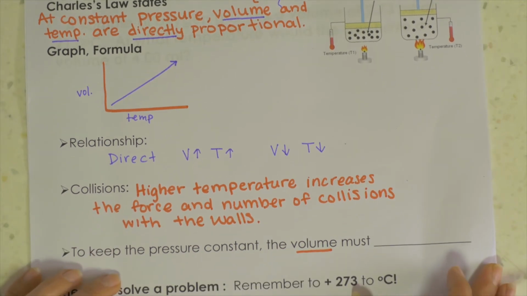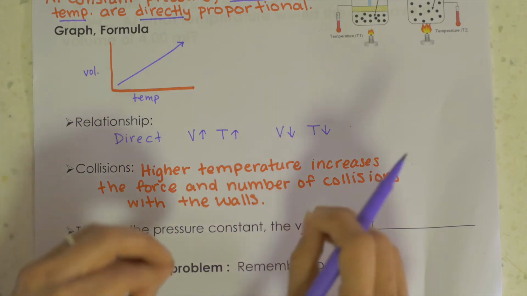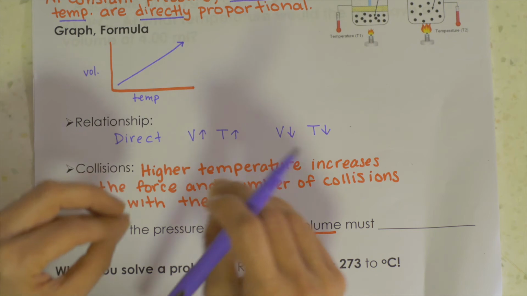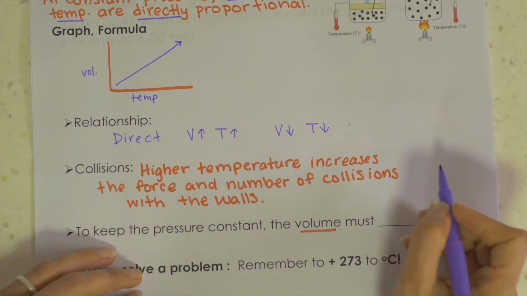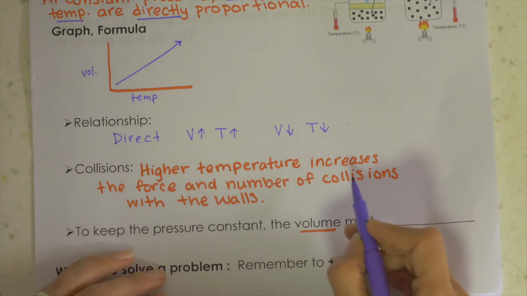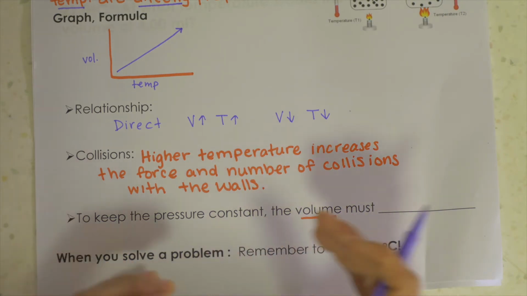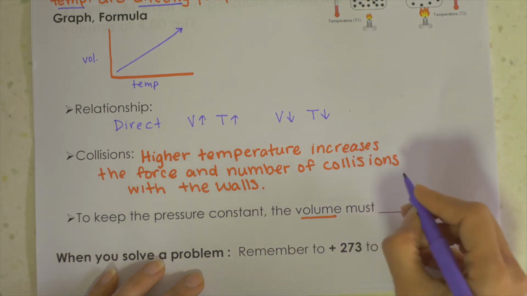Okay, and just an explanation that we already kind of did: on the particle level, a higher temperature makes those particles start moving faster. They have more kinetic energy. They're moving faster and with more force, and so they're going to be hitting the walls of the container with that force. And if the walls of the container can flex, they will flex and the volume will increase. And so they're going to maintain a constant pressure. So to keep that pressure constant, the volume must